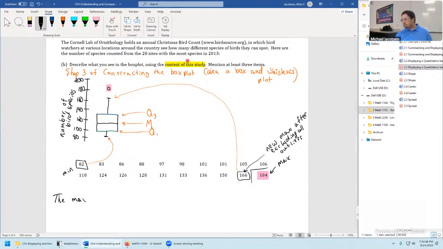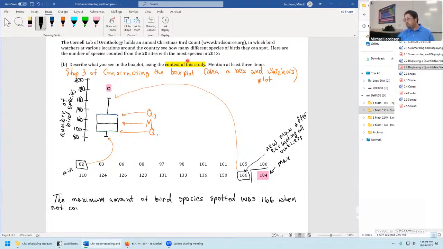the maximum amount of bird species spotted was 166 when not considering the outlier, or you might say the suspected outlier, because we did use what is a glorified rule of thumb, when not considering the outlier of 184 species.